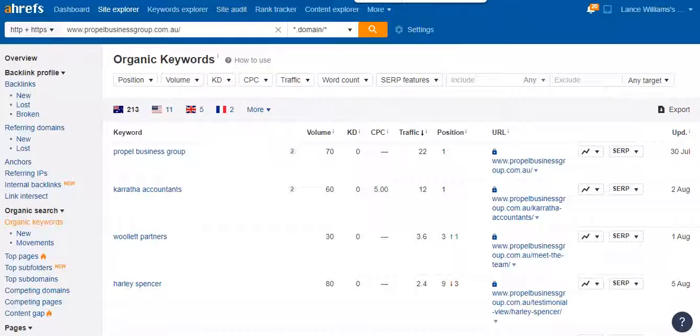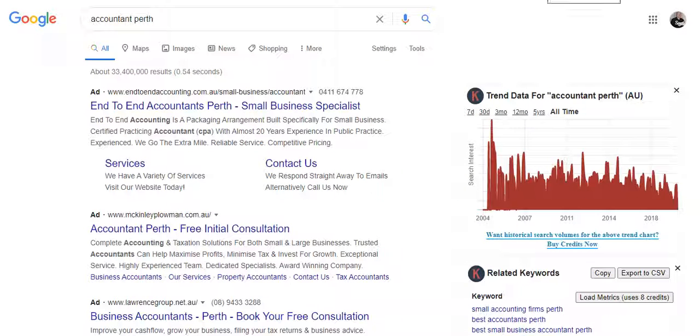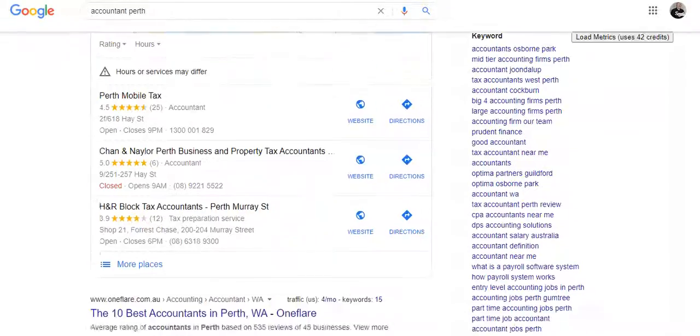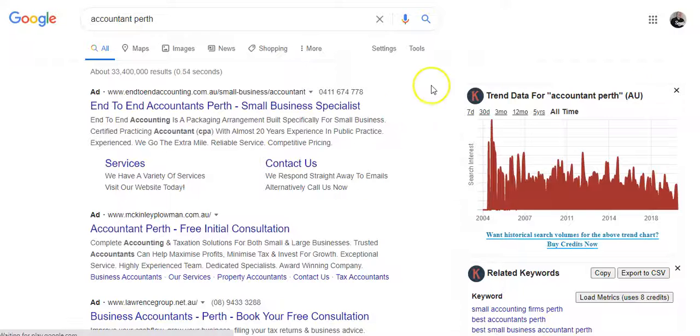Okay, so the next thing that I want to talk about is citations. Basically, a citation is your name, address, and phone number listed in a directory or on someone else's website. The more citations you get is what puts you in the map section. When you do a Google search, the first section is Google owned, so these are the Google ads that you pay Google for.